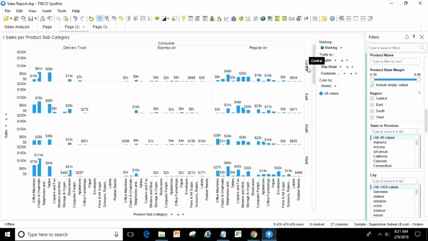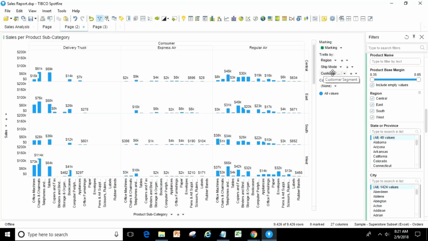Here we have the rows: central, east, south, and west. So this is the central row, this is the east row, south row, and west row. And I have columns: delivery truck, express air, regular air. Where are the pages? Pages is on the top. So I have taken this Trellis by region, ship mode, and customer segment.